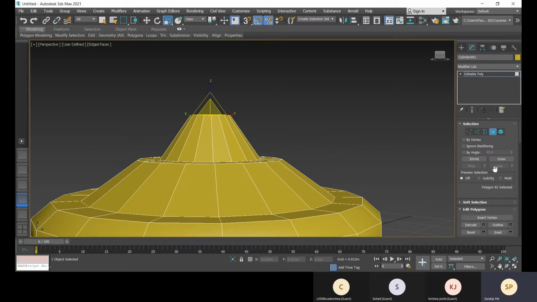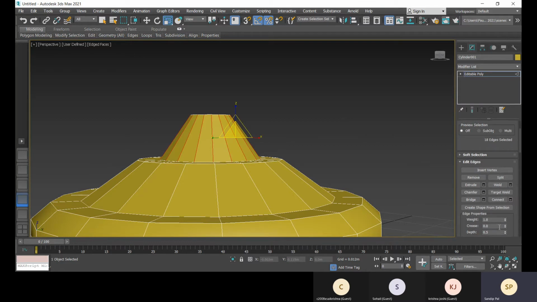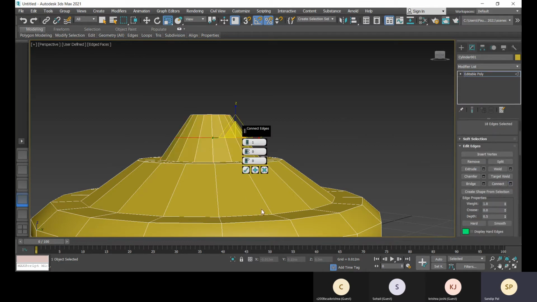So done. And now I'll go to edge, I will create this ring, I will select this ring and all these edges are selected. I will connect this, I'll go to connect. Okay, done.